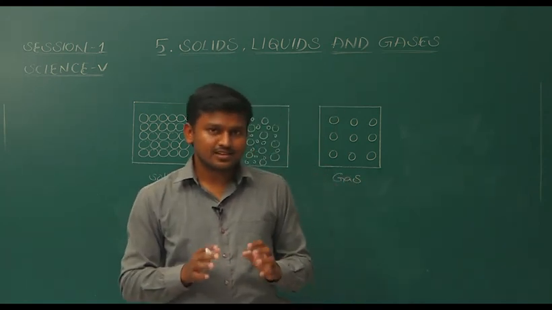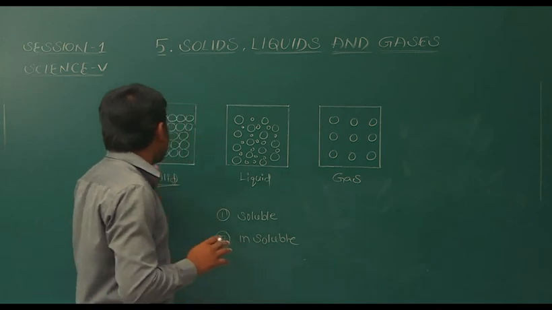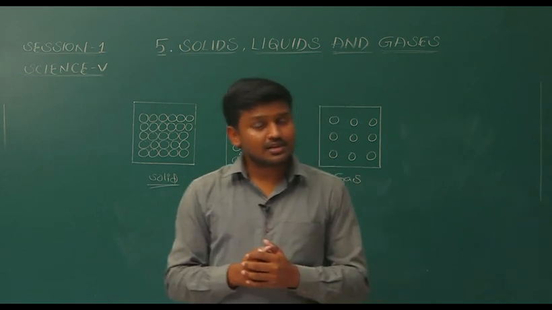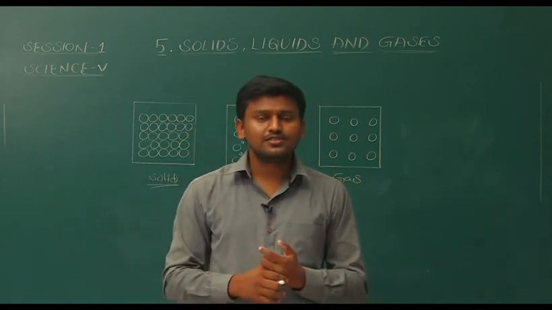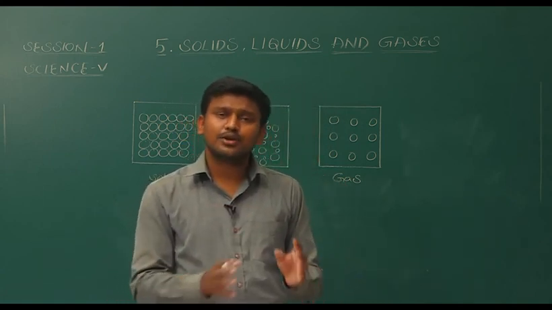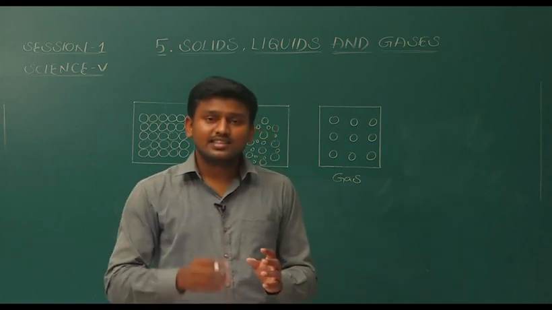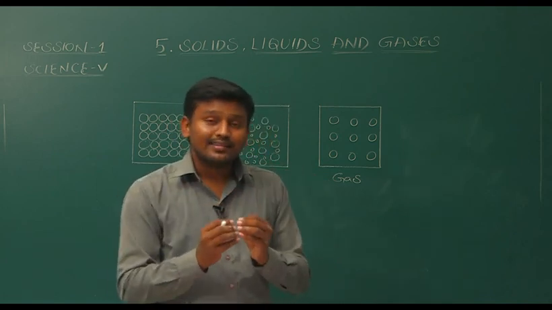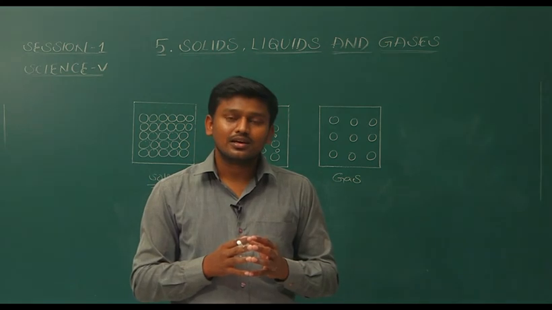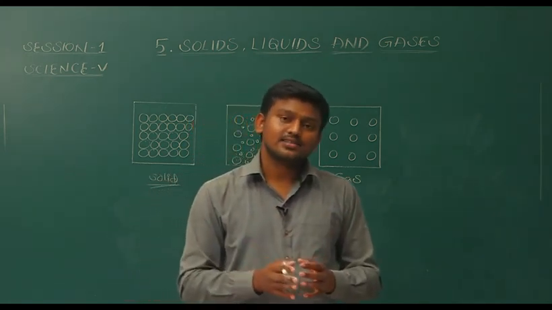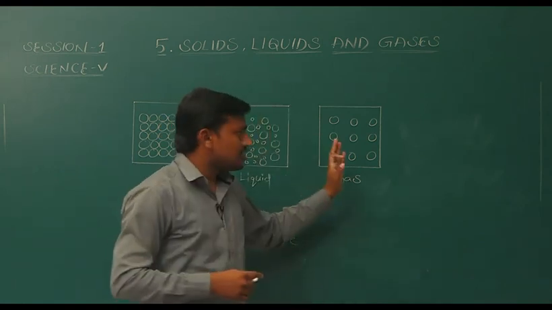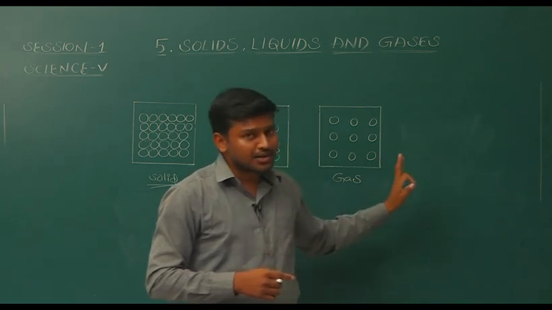So, in this class, let us recall what we have learned. The substances present in our surroundings, how small living things and how large living things are present in our surroundings, whether living or non-living, everything is made up of matter. This matter consists of molecules, and the arrangement of the molecules and the difference in their shape or size classify the substances as solids, liquids and gases. And we have seen 4 important properties. What are they? Shape, volume, compressibility, diffusion.